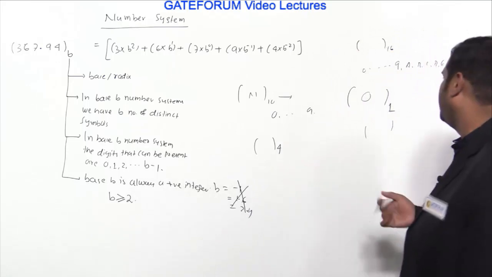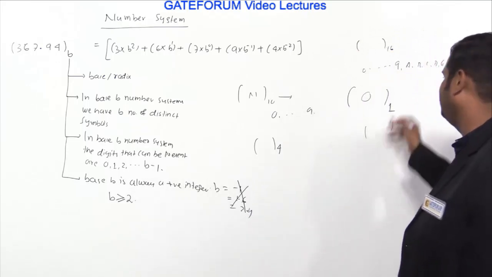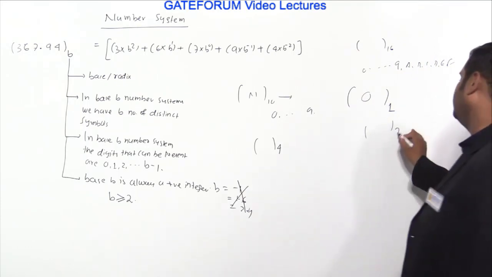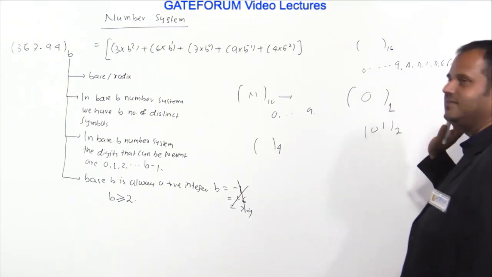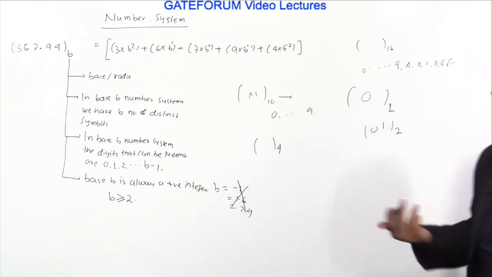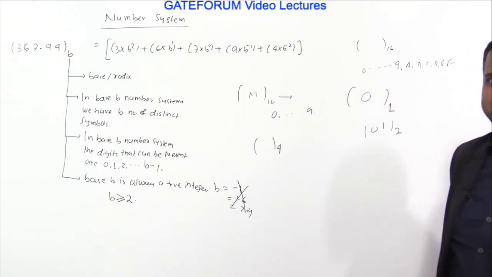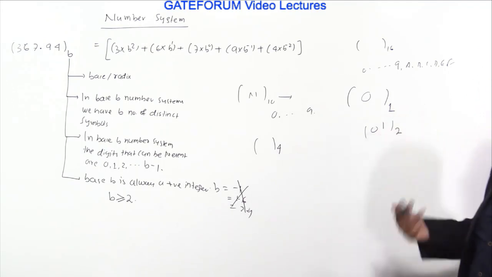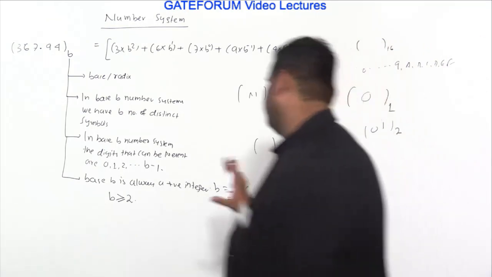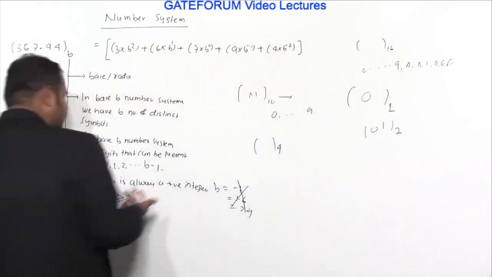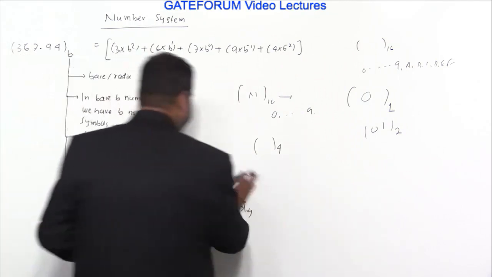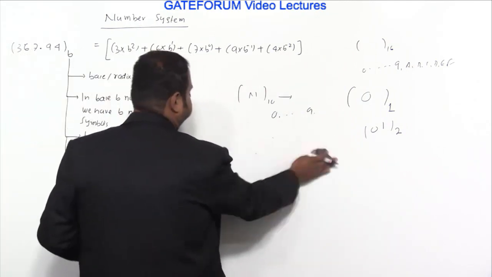So that's why, even though 1 seems okay, we don't prefer the base to be 1. We always take B greater than or equal to 2. If B is greater than or equal to 2, we have 0, 1 combinations. I can have n number of combinations of 0, 1 to generate different numbers, and that is what we are dealing with in digital systems. So even though B equals 1 is valid, generally we don't prefer it because we cannot generate distinct numbers. In very practical cases we go for B greater than or equal to 2. So these are the significance of base.